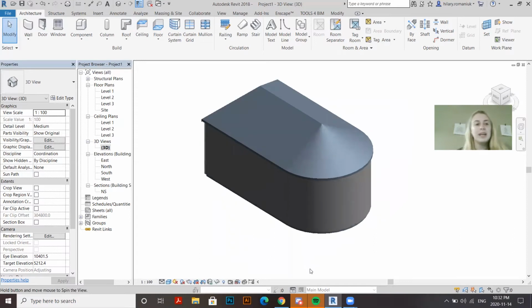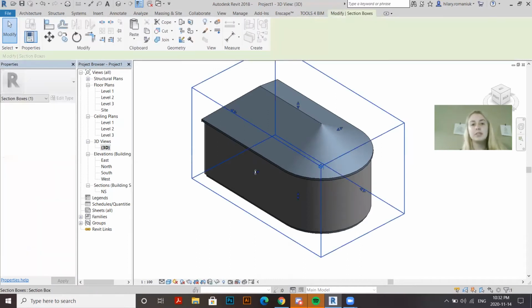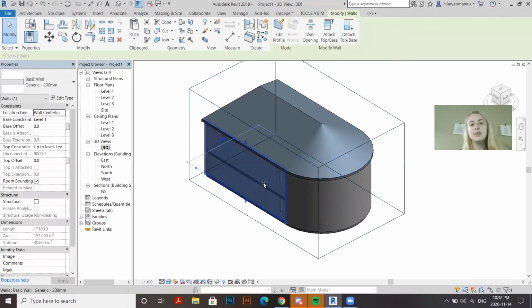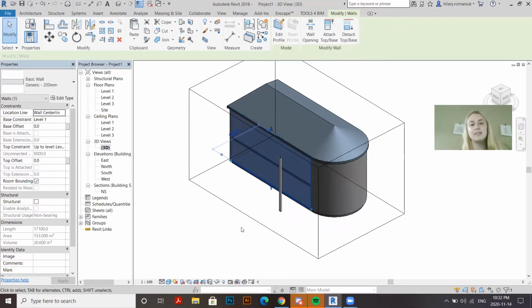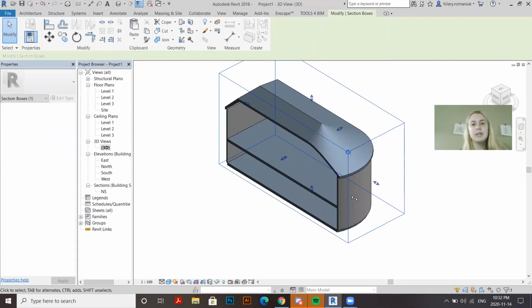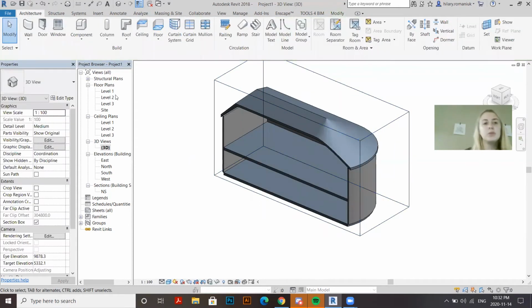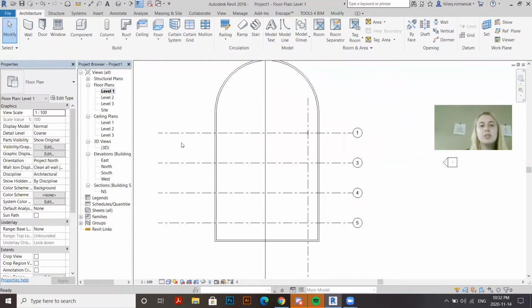Beautiful. And I'm going to create a section box by clicking here, moving my mouse off of that properties panel. I can click on this box and I can just drag through here. Make sure you're not accidentally clicking on something like this. If I go to drag it, I'm moving things. Sorry, I just clicked Control Z. I'm going to bring this through the building, and now I can see that my floor is there. Awesome. So now I'm going to go to level 1 again,